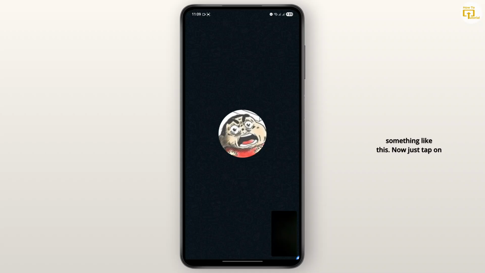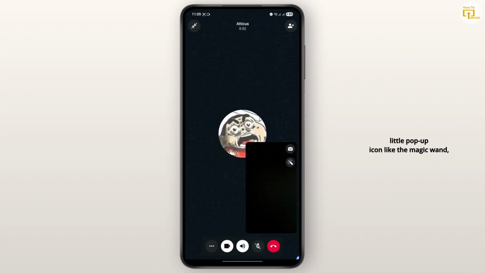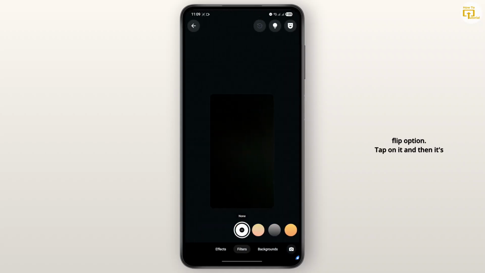like this. Now just tap on your video at the bottom right corner or top right, wherever your video is. Then you'll find a little pop-up icon like a magic wand right below the camera flip option. Tap on it, and then it's going to take you to the filter section. Right beside filters, you have backgrounds. So just tap on backgrounds,